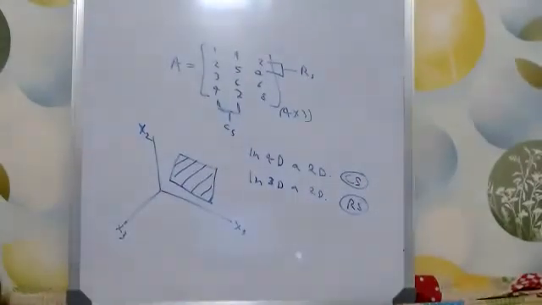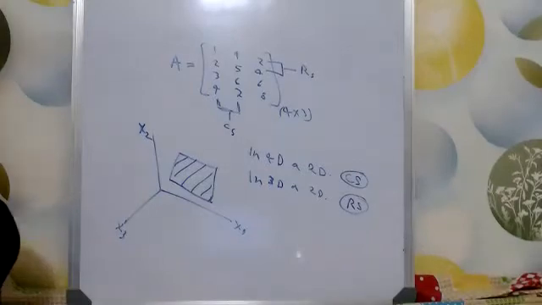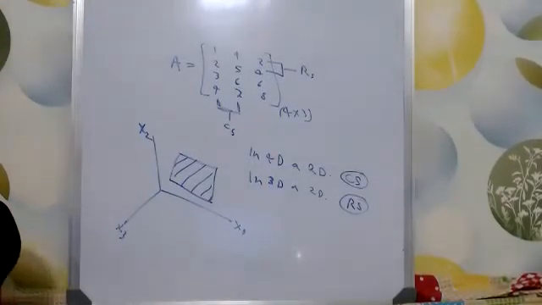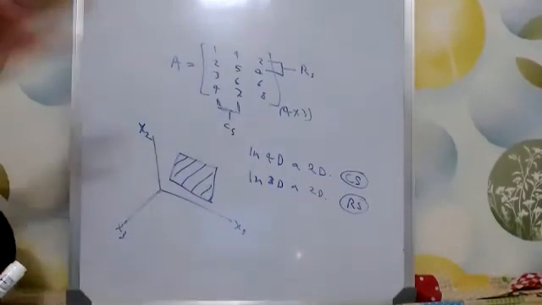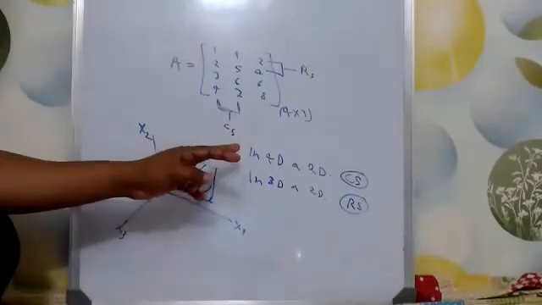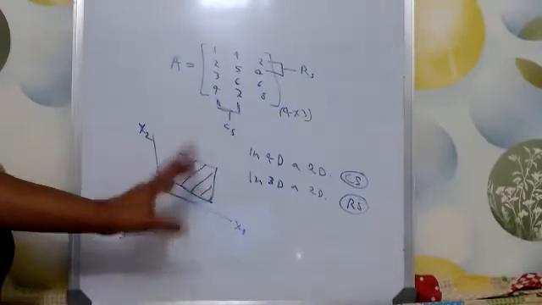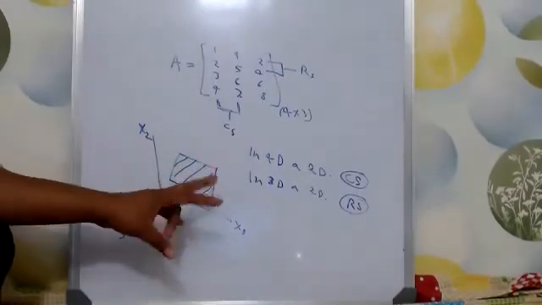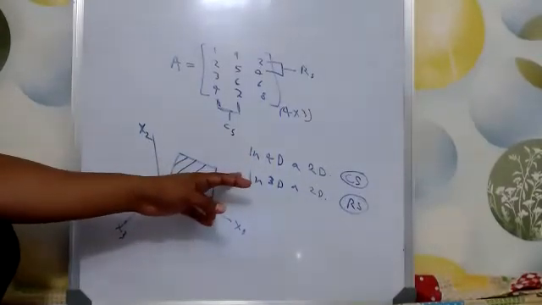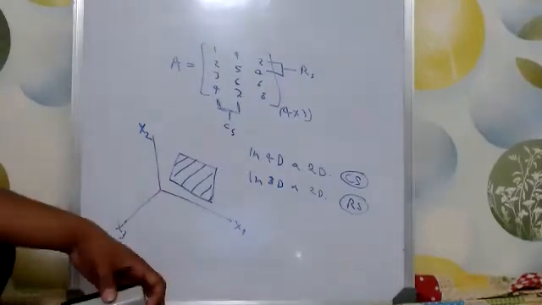So a column space is never equal to the row space. Although it may sound similar, they are not the same. This is a very important thing. I always get confused between these. So this is a right example for you to understand. This is a 2D inside a 4D, and this is a 2D inside a 3D. Therefore we cannot compare these two. This is like a mango and this is like an apple. You cannot compare them because the space itself is completely different.